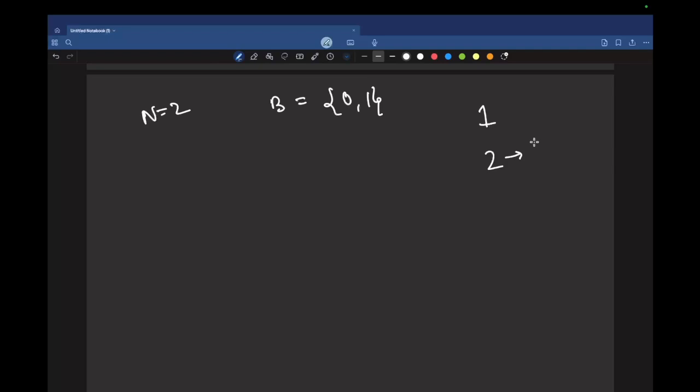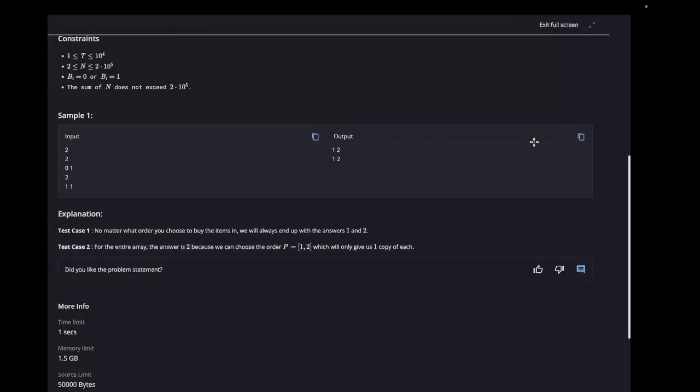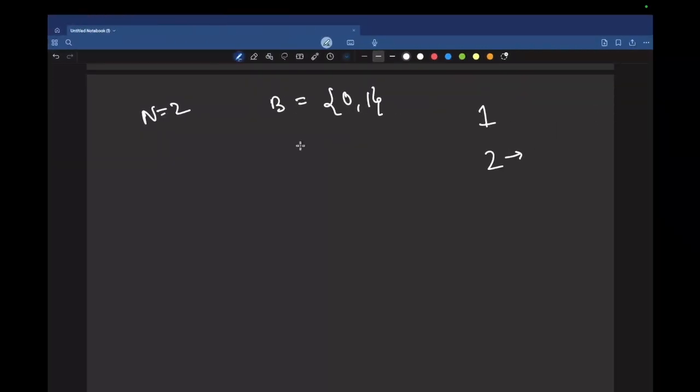So basically, you can't get two copies even if you want. You will get only one copy each time. So no matter in which way you buy, whether you buy the two items as 1 2 or 2 1, you will get only two copies